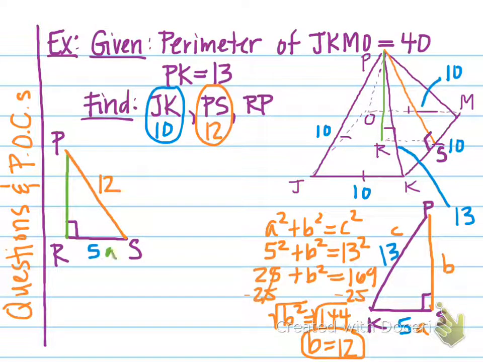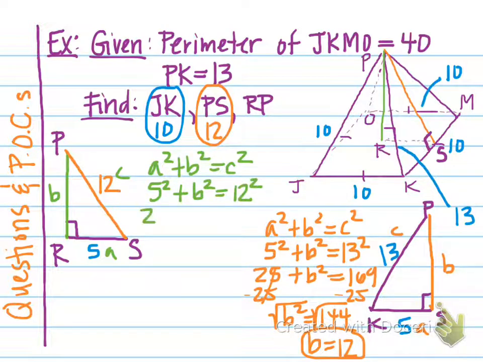We've got A, B, and C. So again, we're going to use Pythagorean theorem. A is 5. B we're not sure of. C is 12. 5 squared is 25. 12 squared is 144. When we subtract 25 from both sides,